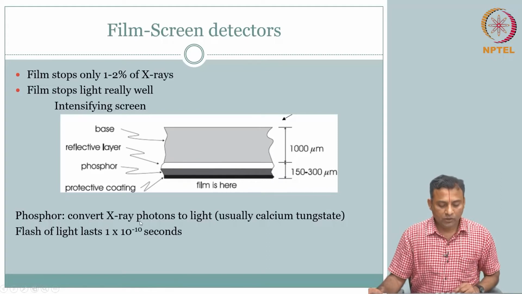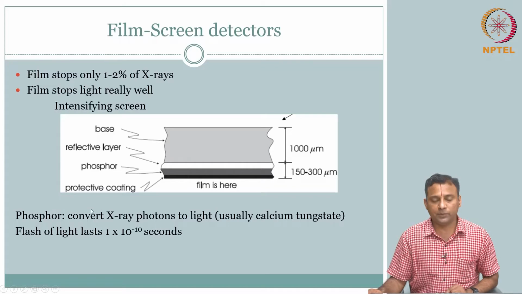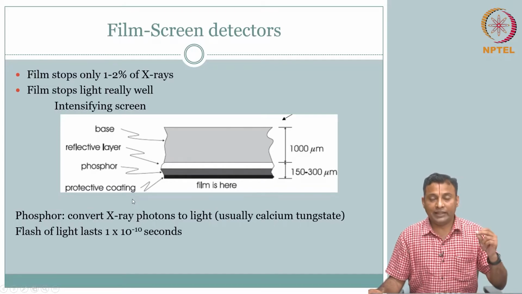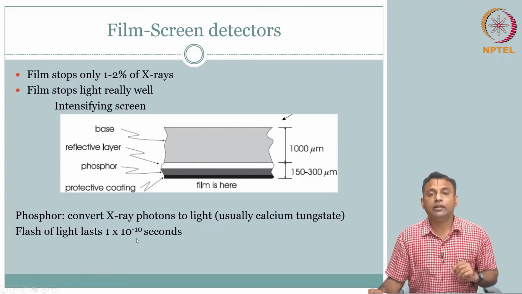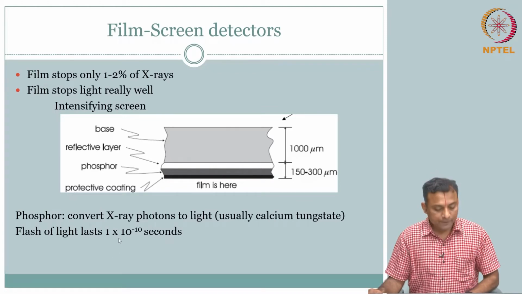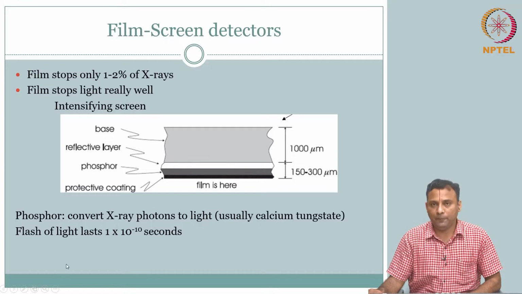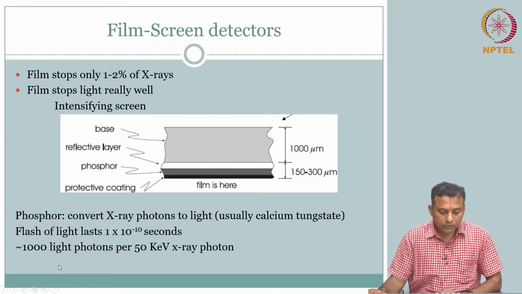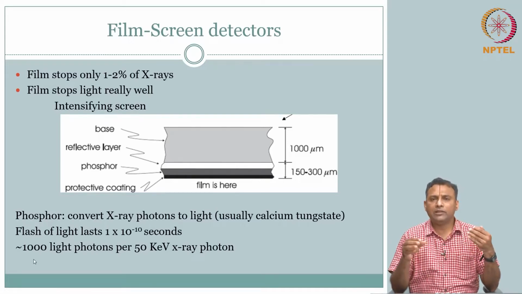One of the desirabilities you are going to exploit is that when the X-ray photons are converted to light photons, it has to flash out in a time that is very short. What is short? 1 into 10 power minus 10 seconds is the order it takes. So, you want to catch this flash of light, or rather the film needs to be exposed to this flash of light. Clearly you can understand we are talking about similar principles.